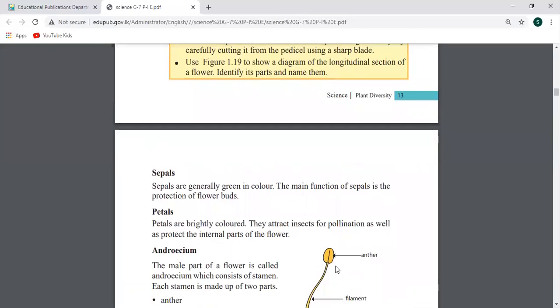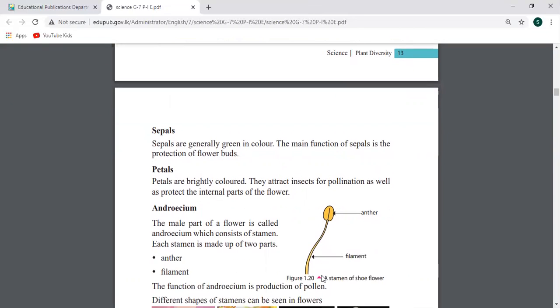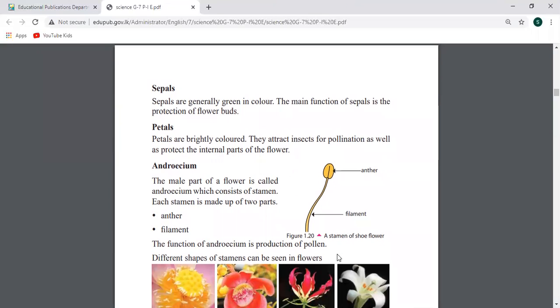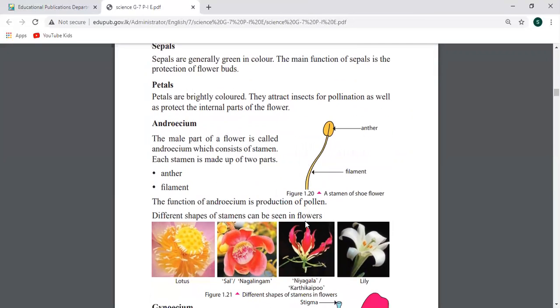So sepal is generally green in color, and the main function is to protect the flower buds. And also petals are brightly colored, and as I told you earlier, the function is to attract insects for pollination. And androecium is the male part of the flower, and also